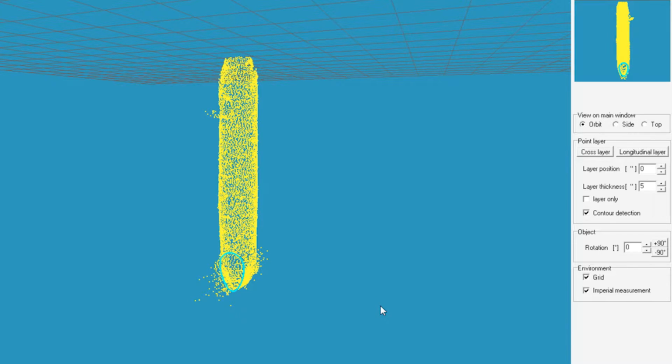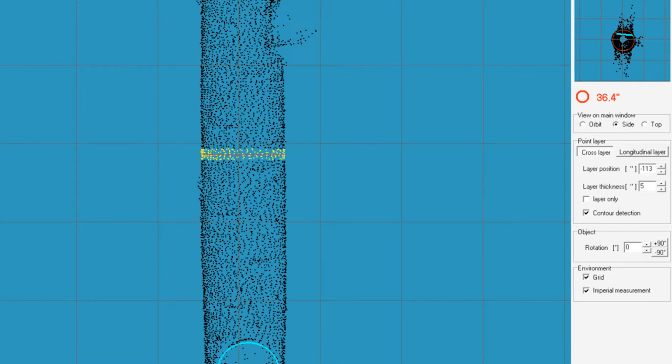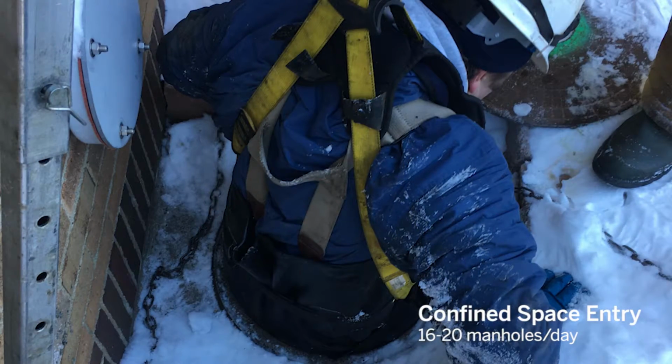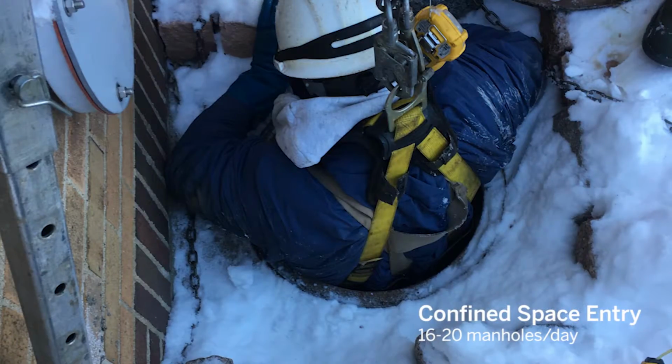So this is a 3D point cloud for this manhole. This is created as we scan. We've drawn a circle in that point cloud so we can see that the diameter of that manhole is 36.4 inches at that point. So if we were to do a confined space entry inspection, which would be a similar amount